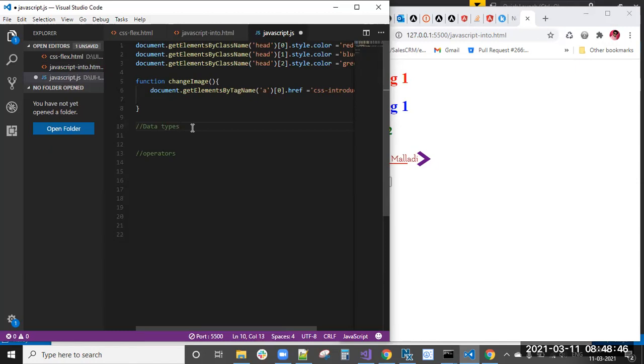Inside the number data type we have some methods. String also has methods, and similarly the boolean also has some methods. All these things we will discuss in tomorrow's class. After the data types class, we have operators. The operators are arithmetic operators, next assignment operators, and logical operators.